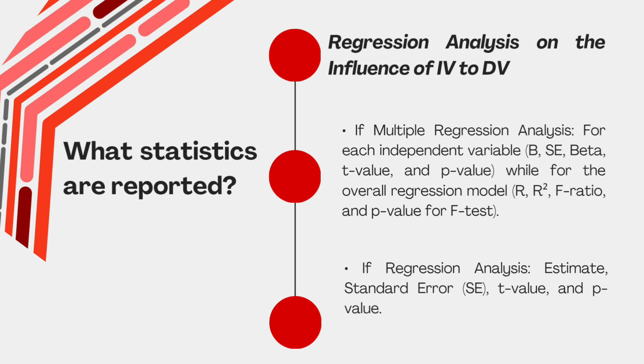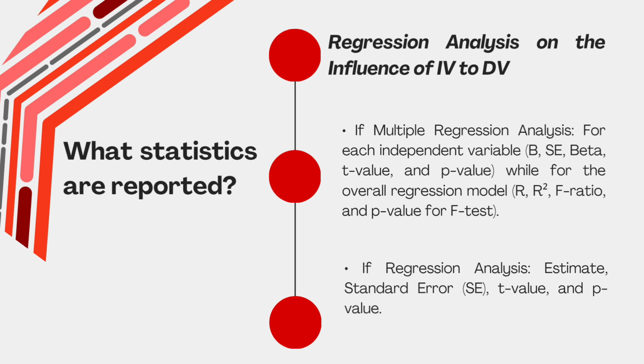The estimate represents the expected change in the dependent variable for every 1 unit increase in the independent variable, holding all other variables constant if multiple predictors. It tells you the size and direction of the effect of the independent variable. The purpose of this is to describe exactly how much and in what direction, positive or negative, the IV is